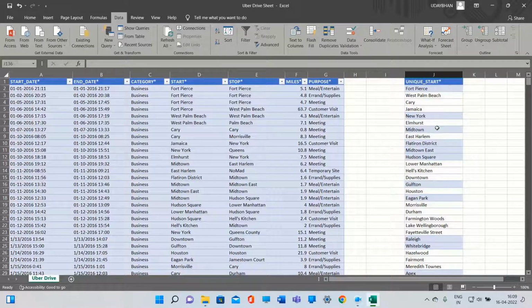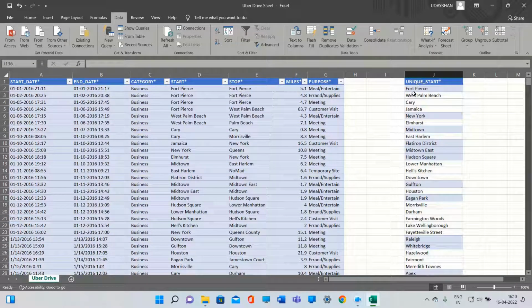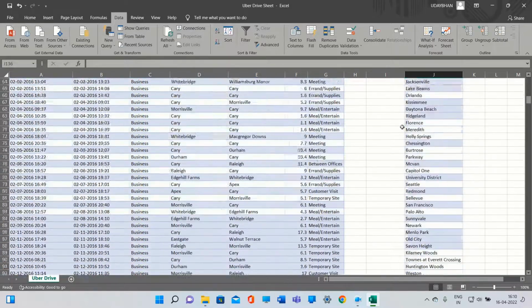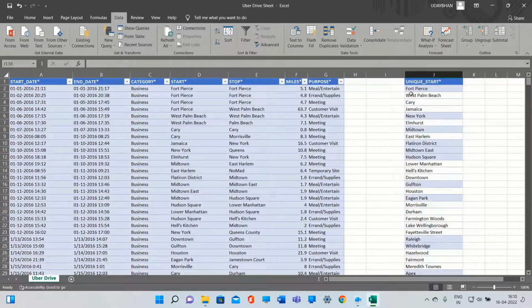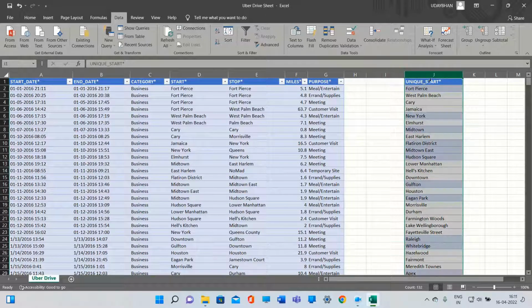And what is the total number of unique start destinations? It's asking for the total number of unique start destinations. Either we count by scrolling down, or we can select the column header, which is J. So unique start is selected, and after selecting it, we can see in the lower right corner of the window it's showing count 132.